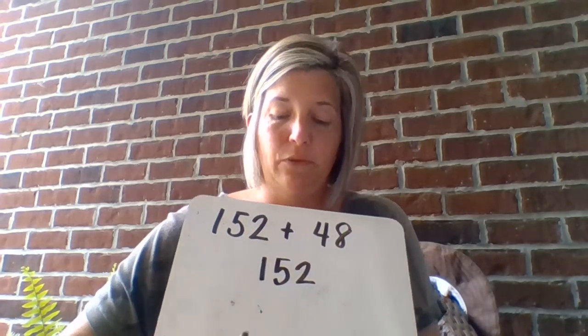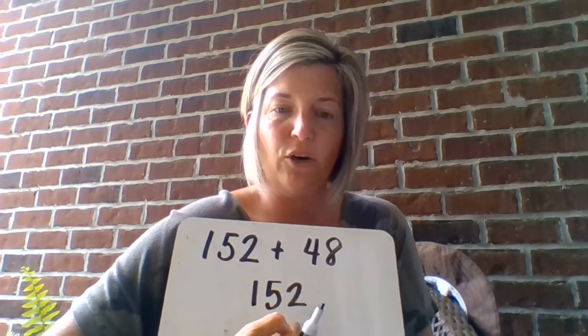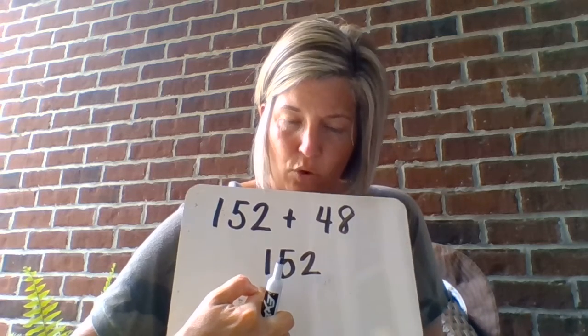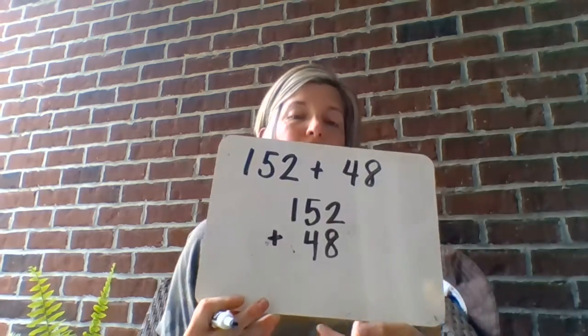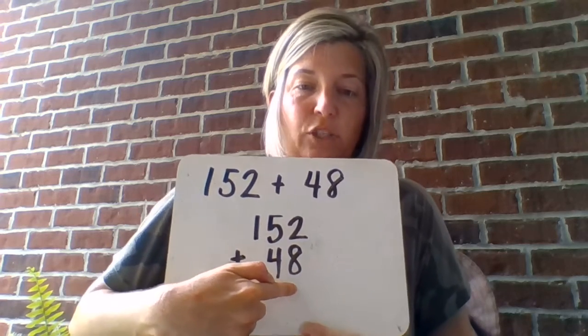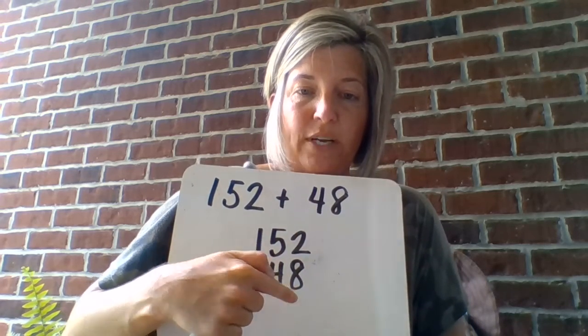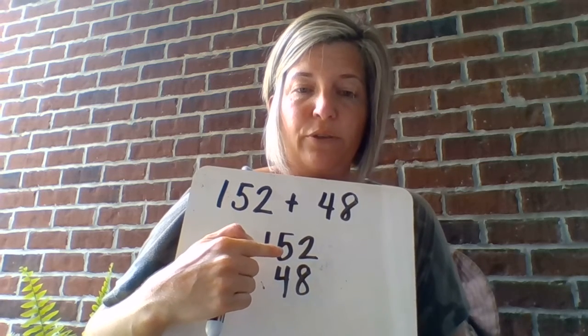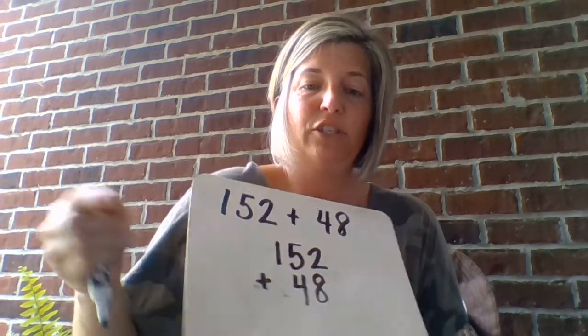Okay, so let's look at our places really fast. This 2 is in our ones place, the 5 is in the tens place, and the 1 is in the hundreds place. So now let's write 48 right under it. This 8 is in the ones place, so it goes under the 2 in the ones place, and this 4 is in the tens place, so it goes under the 5. And I've added my addition sign,